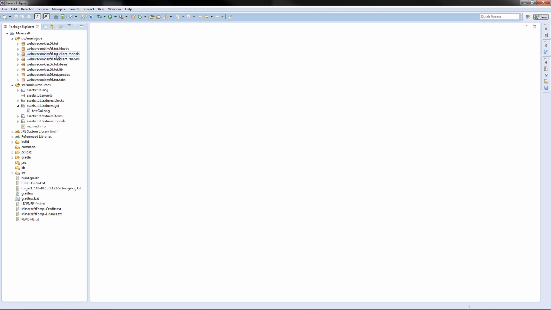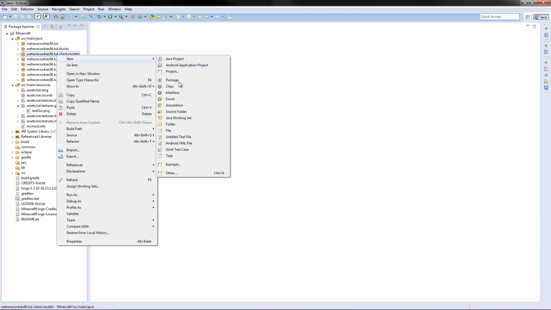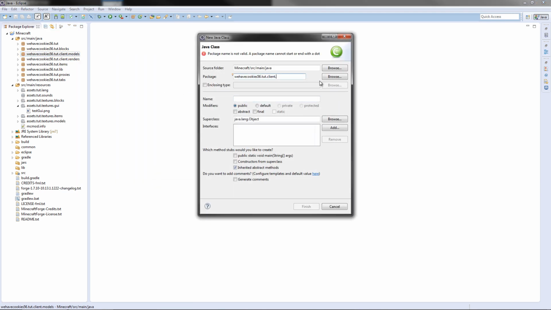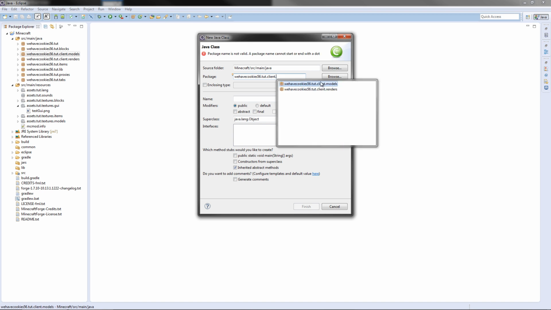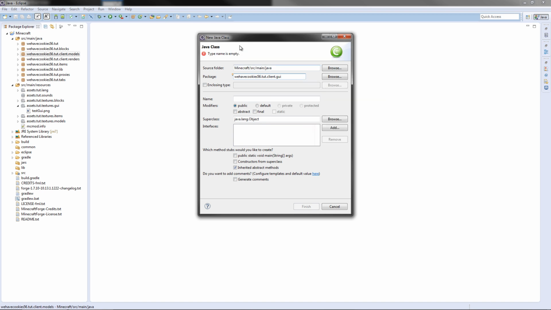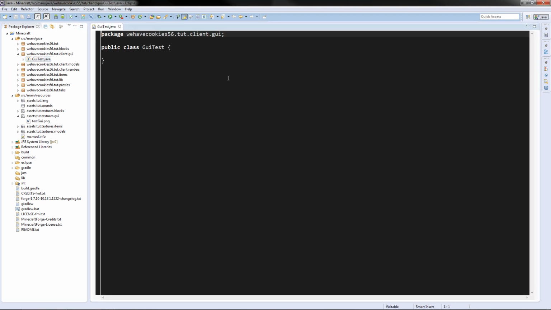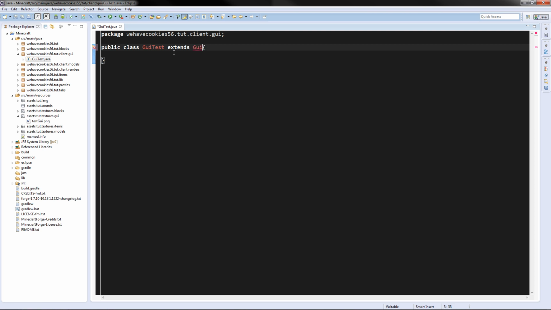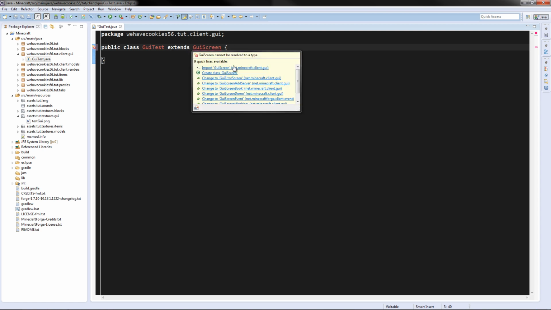let's make this GUI. So we're going to make a new package. Well, I'll make a new class because we're going to need to make a new package and class. And this is going to be in the client package, since it's a GUI, and we'll call that GUI. Then we will call our GUI test, and it's going to extend GUI screen. So import that,